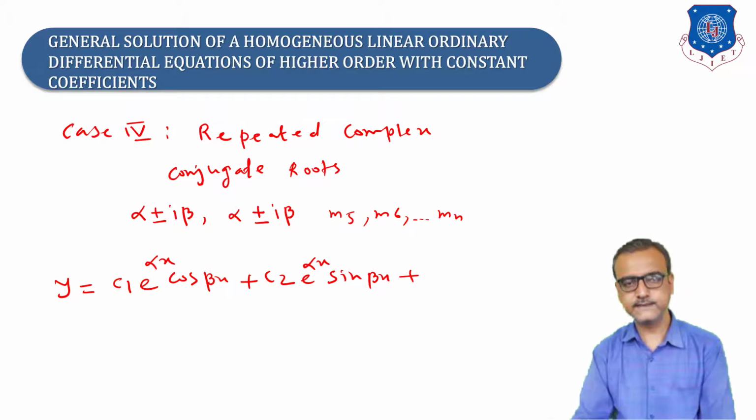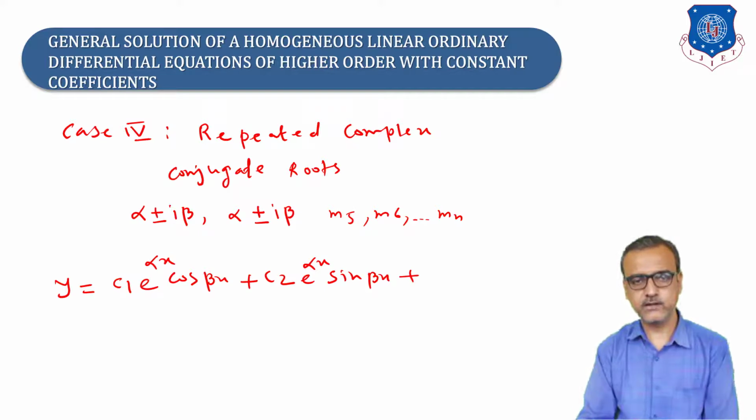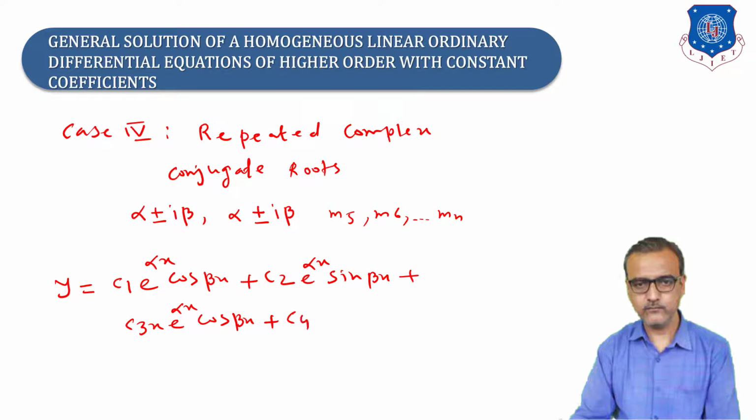Now for the next root alpha plus minus i beta, as it is repeated, we will just multiply by x. So we will write down c3 x e raised to alpha x cos beta x plus c4 x e raised to alpha x sin beta x